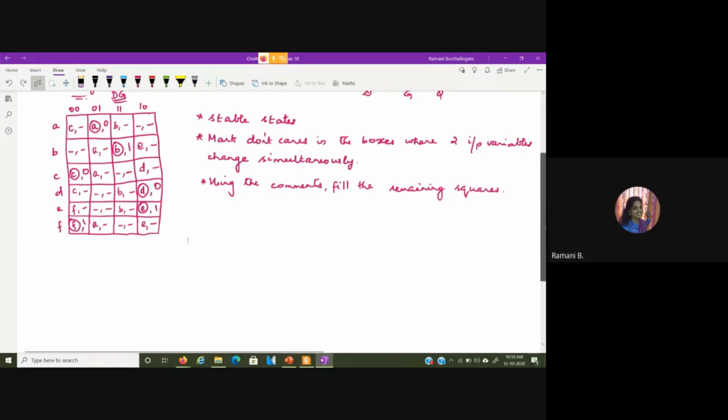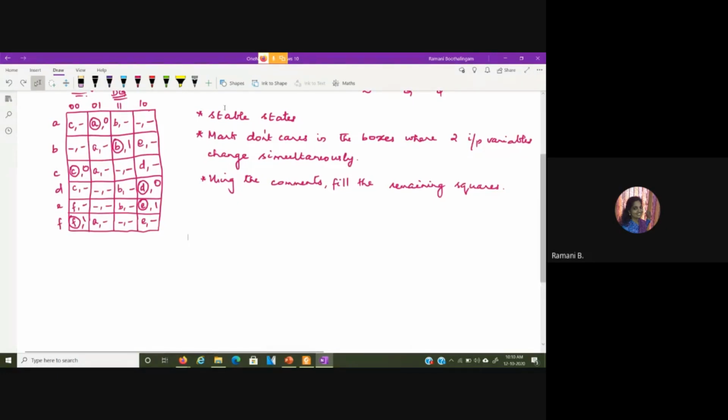So now we have this primitive flow table, and we want to design a circuit for this. The next thing we do is check whether we can reduce the states. We are going to do this in two ways.